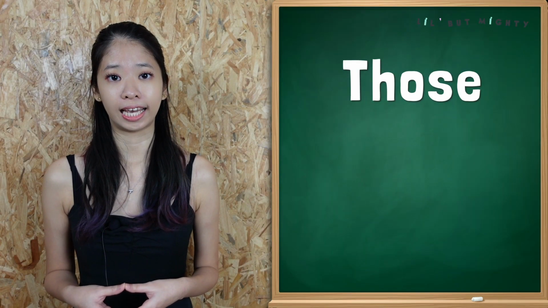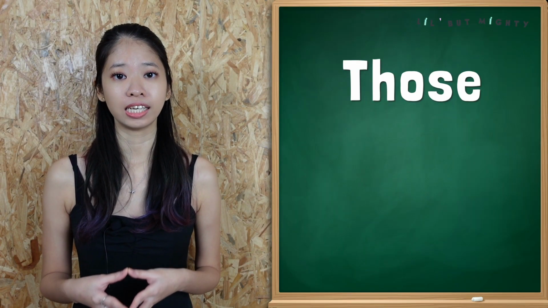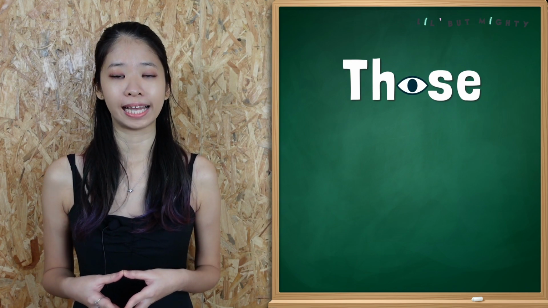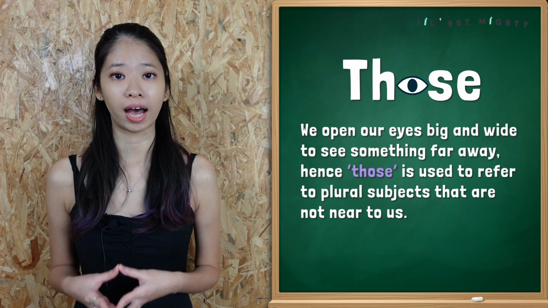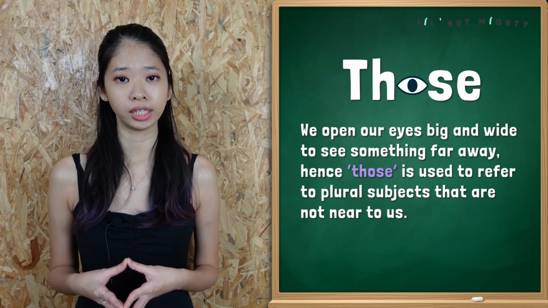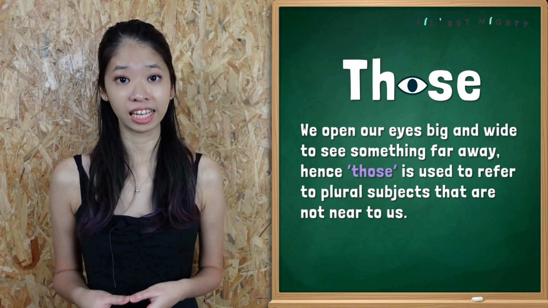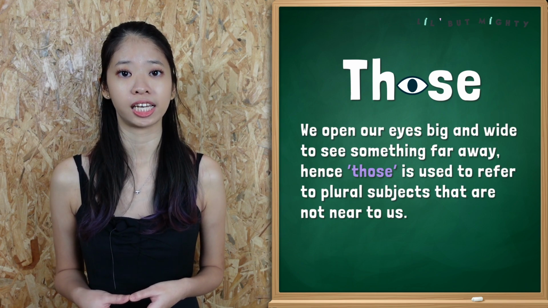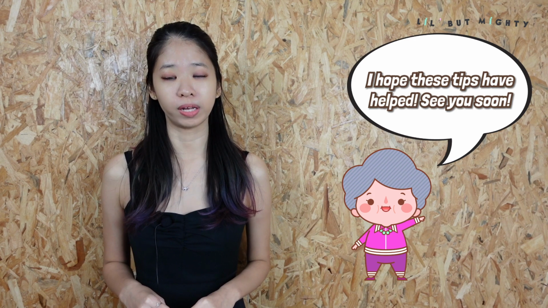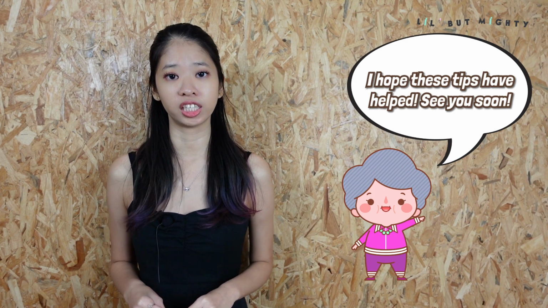Just like the letter A in that, the letter O in those looks like an eye that is wide open. Remember, we open our eyes big and wide to see something that is far away. Hence, those is used to refer to plural subjects that are far from us. I hope that you are able to identify the differences between the